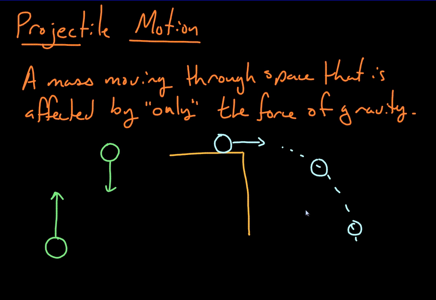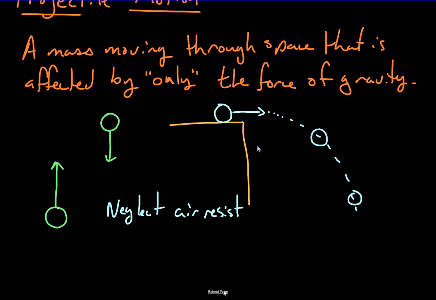Now, one thing that we tend to do when we're talking about projectiles is we neglect to include air resistance. In real life, air resistance does play a role, although it's fairly minor in situations like this. But in our physics learning here, we're going to do idealized projectiles, which means essentially we consider them to be traveling in vacuums. That just makes our math a little more manageable. And then